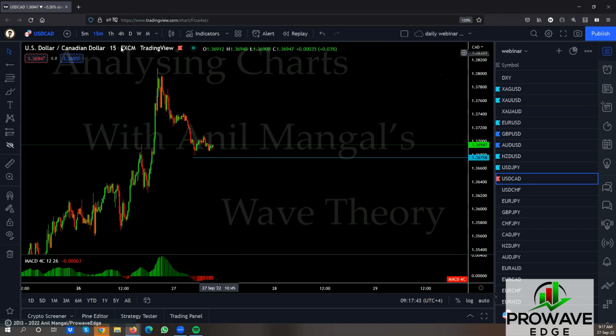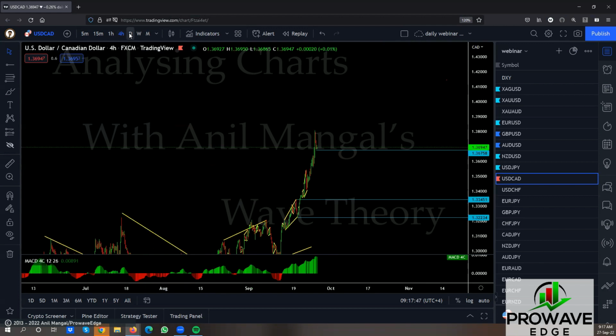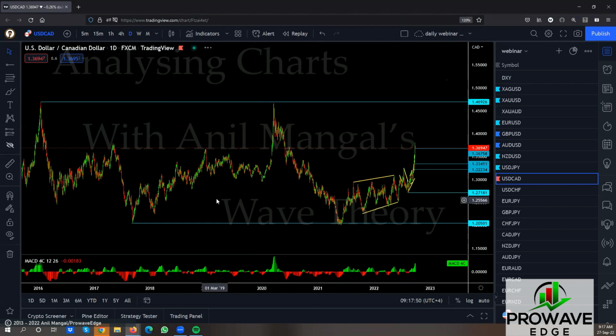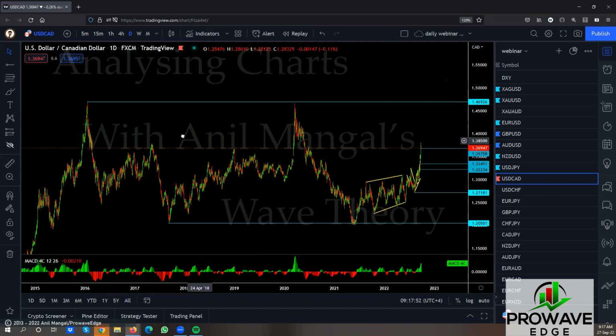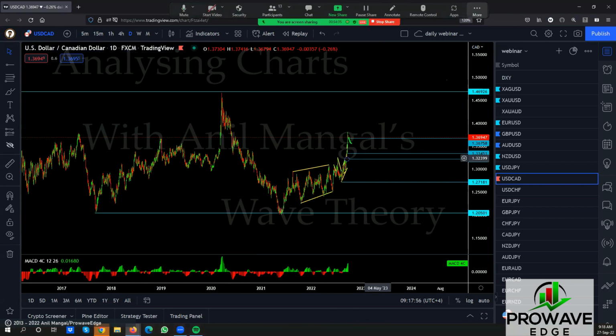The CAD is at the top here, and now you have to decide: is CAD actually going to go back all the way to the top, or is it just a flat? It's moving really fast, which means we could break that top. See, this piece starts to get really aggressive, which means this might turn out to be just a flat. Probably come here, go back up, come here, go back up there. If we see this flat here, we are absolutely going to that top. Right now, it has to totally drop or make a flat.